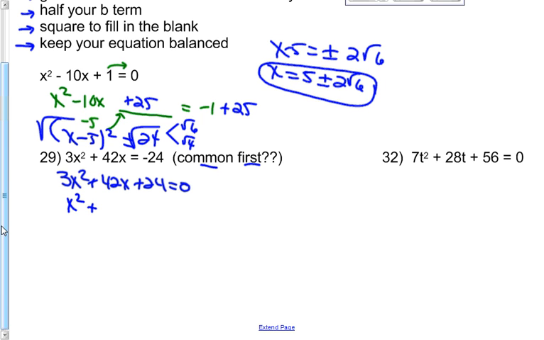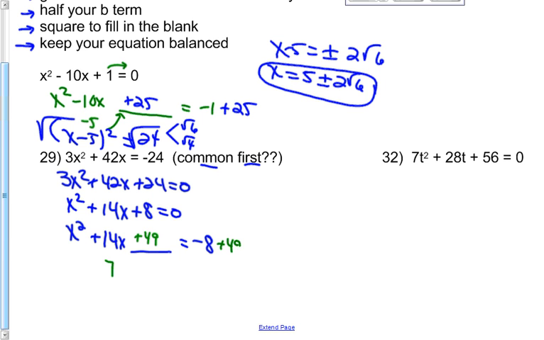x squared plus 14x plus 8 equals 0. Now I'm going to work my completing the square process. I need to move the 8 out of the way. x squared plus 14x, leave a blank, equals negative 8. Half your b term is 7. 7 squared is positive 49, but since I added 49 on the left, I need to add that on the